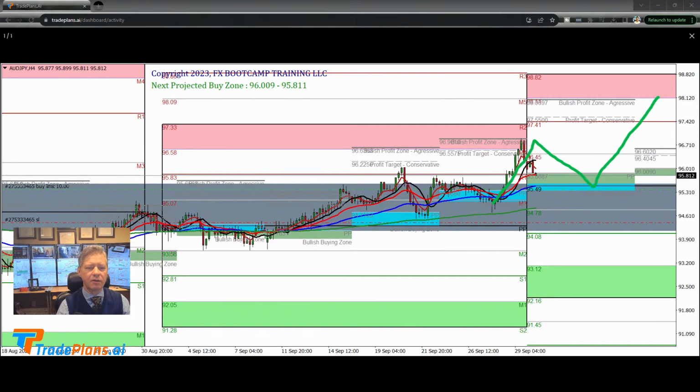Well, here's the thing. If I'm going to be nitpicky about this, this entry predicts not that, but that. So 99 would be the actual target. So if I were to draw this correctly, I suppose it would look like that. If you thought this was the target, then your entry would be lower. I guess it would look more like this. Okay? So, yeah, but whatever, it ends up being the same trade.